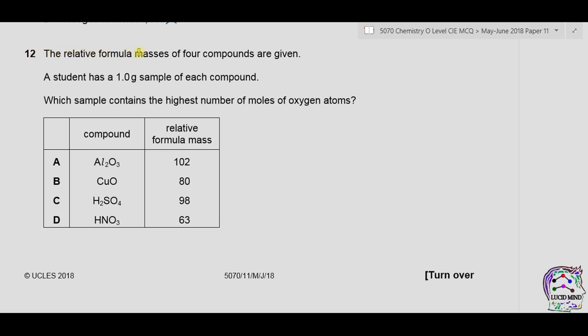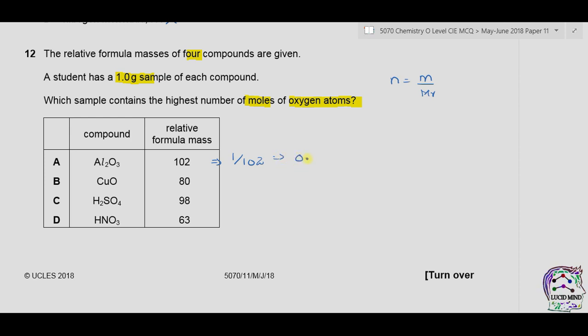Question 12. The relative formula mass of 4 compounds are given. A student has 1.0 grams sample of each compound. Which sample contains the highest number of moles of oxygen atoms? Let's first find the number of moles of these compounds. The formula is number of moles is equal to mass in grams divided by molecular mass, or the formula mass in this case. Formula mass is already given and mass in grams is also given, so we can find the number of moles. It will be 1 divided by 102,